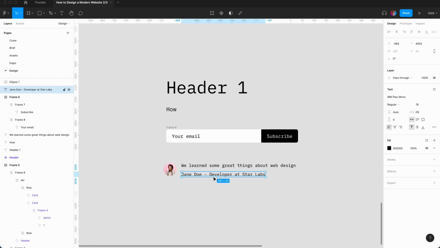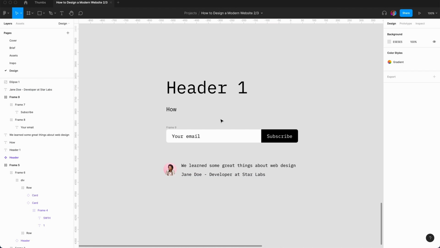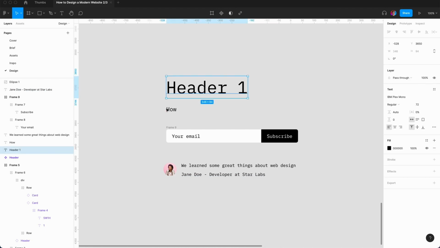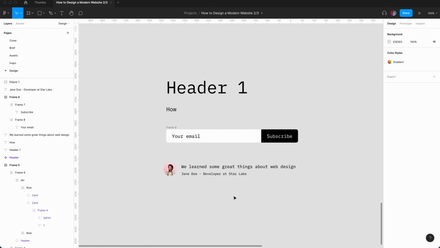And in terms of typography, we can start playing around with hierarchy. So hierarchy, the first thing they see is this, then this, then this, and then they have a social proof. So I think the name and the title is probably the least important. So you can say 14. So here's just very, very simple.